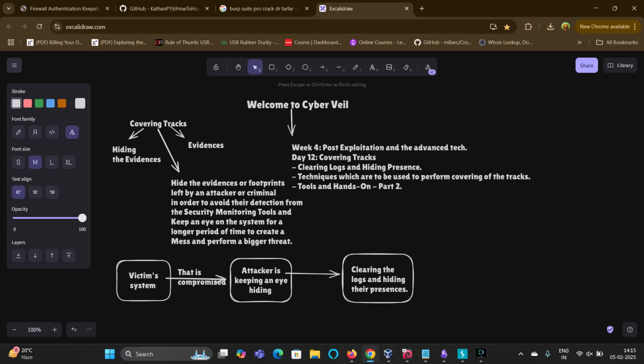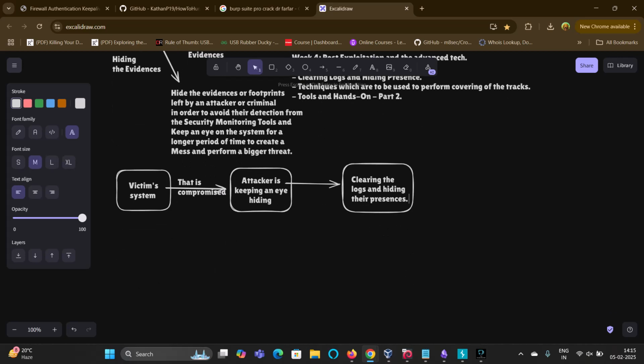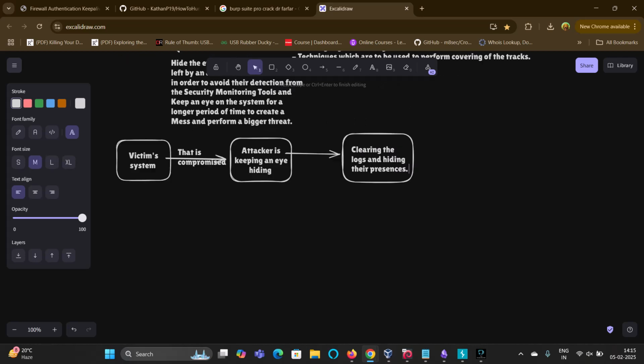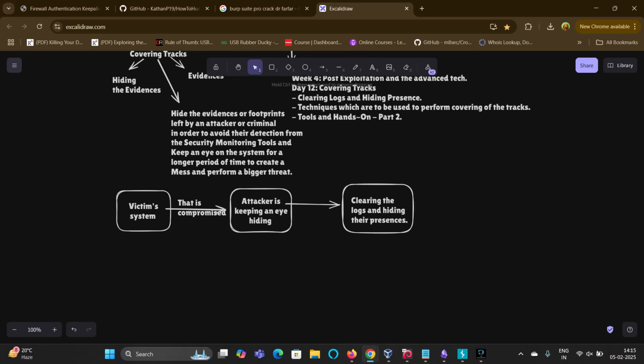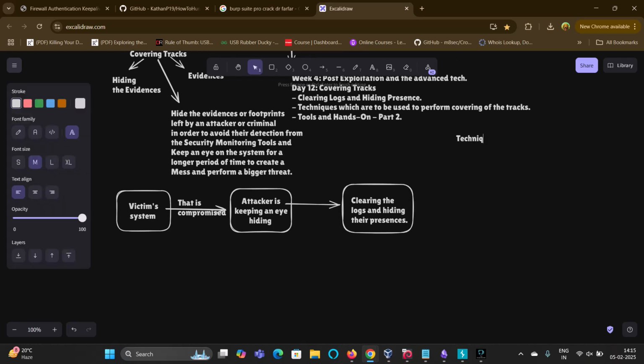That is the meaning of clearing logs and hiding presence. I hope this topic is clear and you have understood it. Now moving on, we are going to discuss the techniques that the attacker basically uses. We are going to think from the attacker's mindset. The number one technique that an attacker uses could be